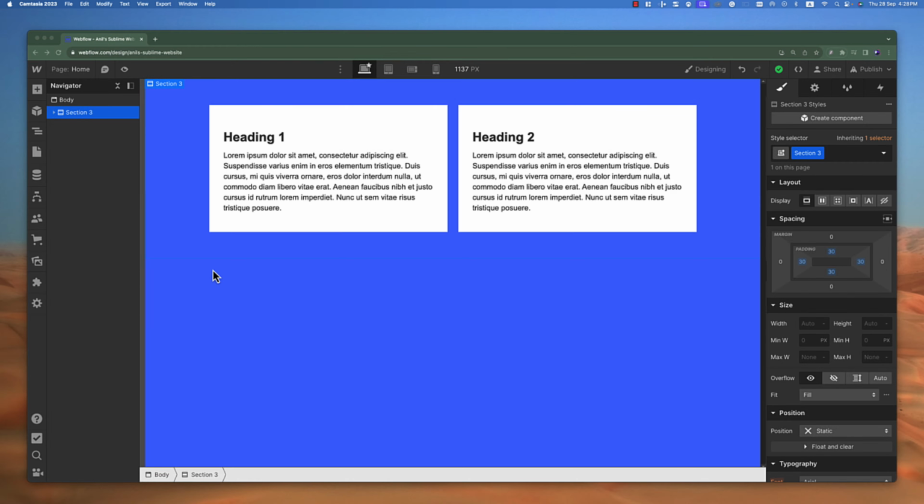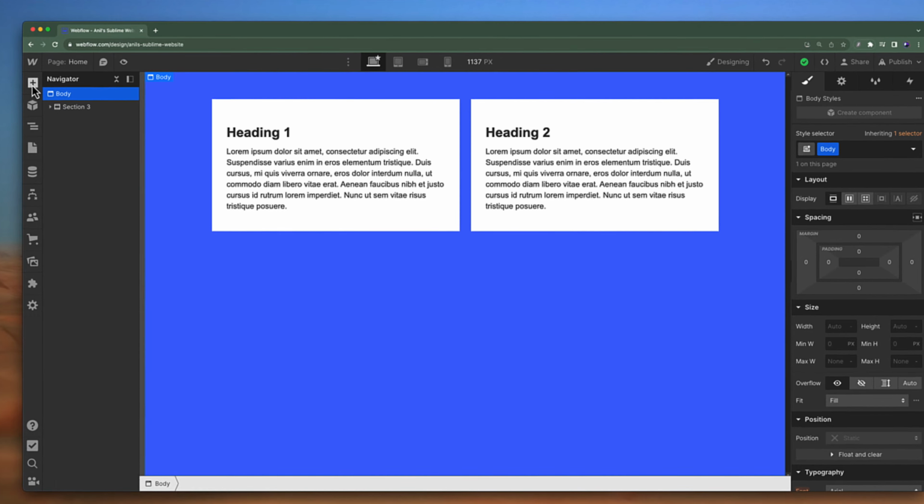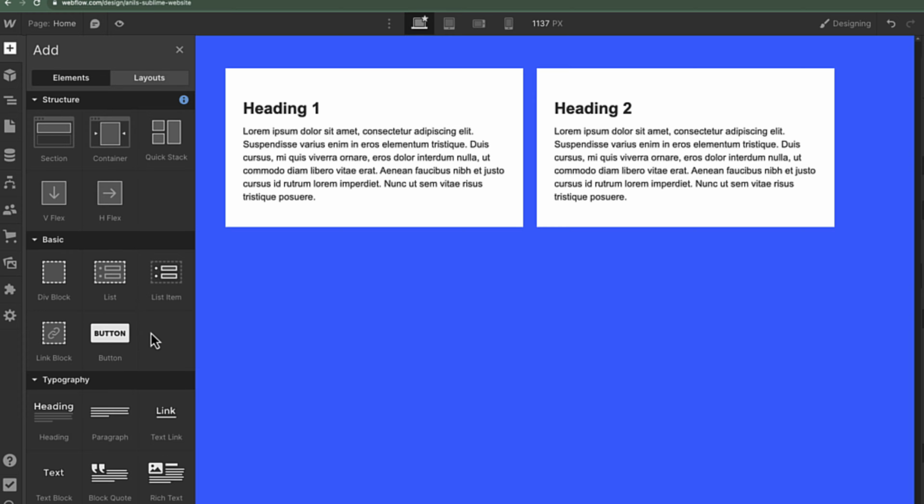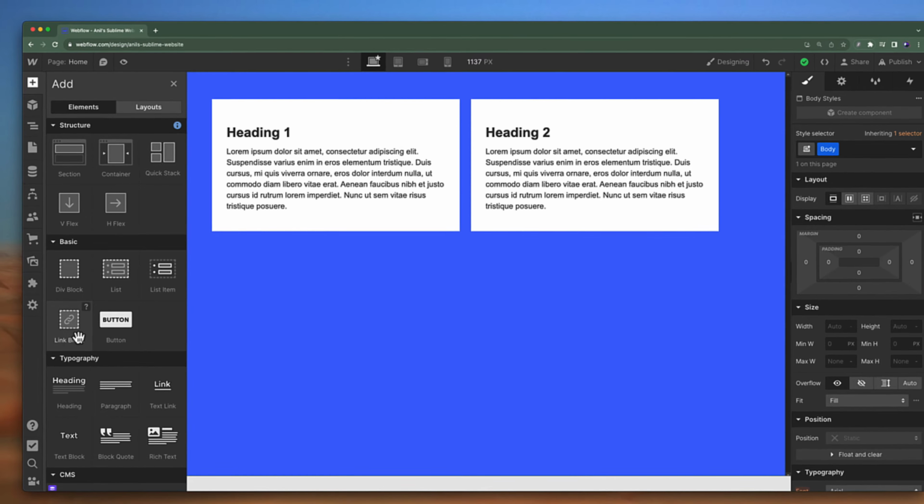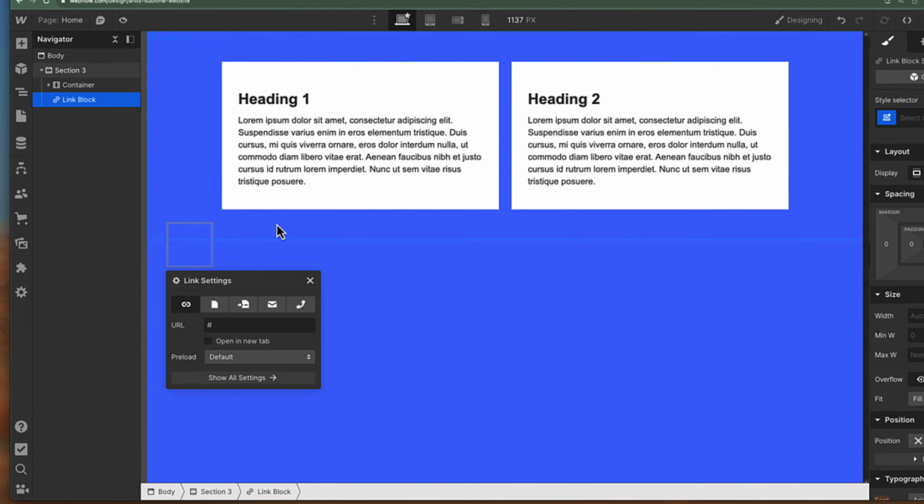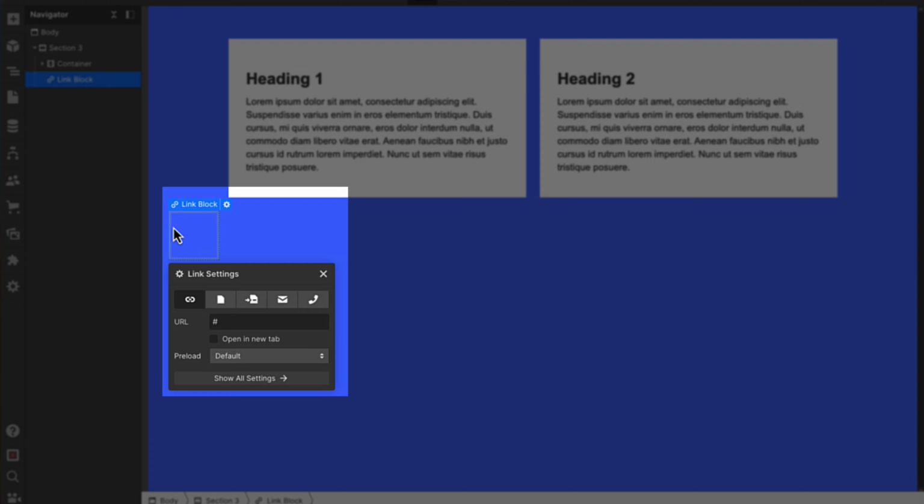What is a link block? A link block is a clickable div or a container which will do some action when we click on it. Let me drag and drop a link block onto our canvas. If you go to the add section and then under the basic section, we will find a link block. I'll just drop it on my canvas, and here you will see it's just a simple div, but this is